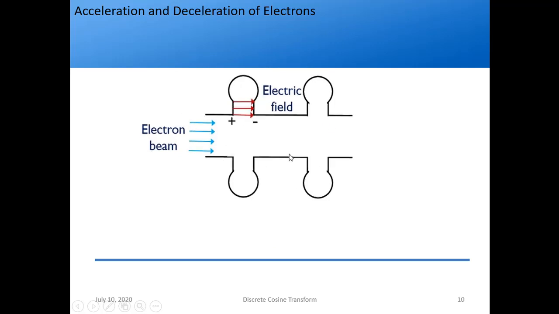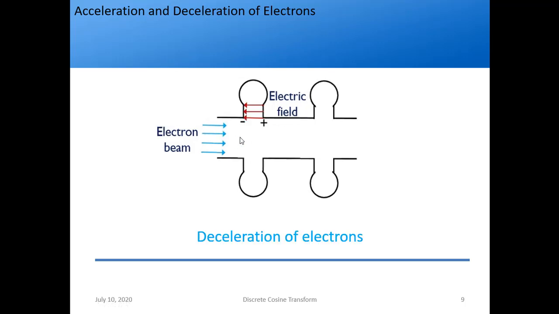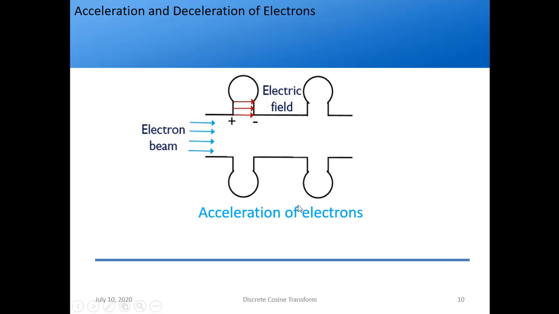So if this is the case, we will have deceleration of electrons. There can be the other case also. Since I have said this is an oscillating electric field, it will go from plus to minus sinusoidally, it will vary. So in the next cycle I will have plus and minus, right? Here I have plus now, and these are again by nature negatively charged electrons, so they will get attracted. Since they are attracted, what will happen to the velocity? The velocity will increase, right? So as opposed to deceleration, here I will have acceleration of electrons.